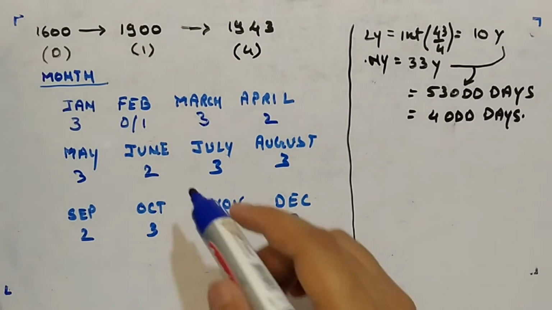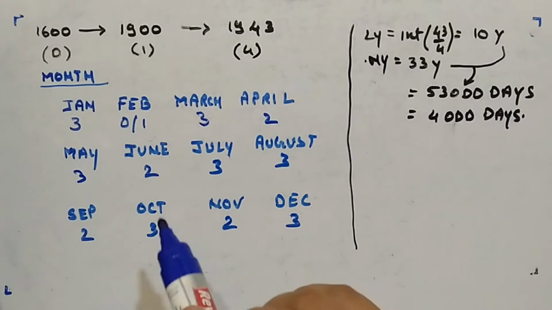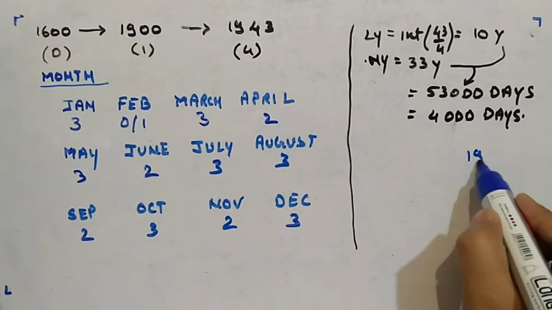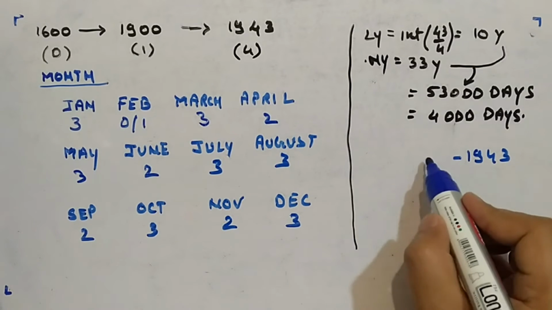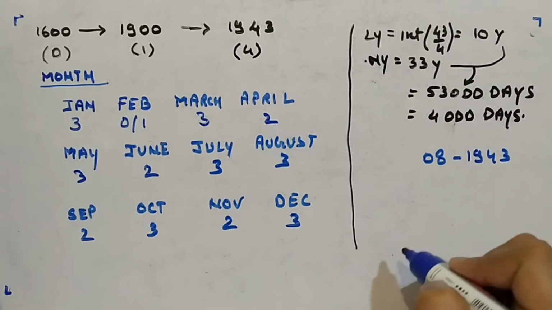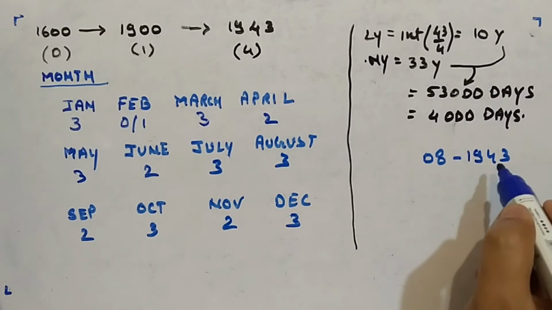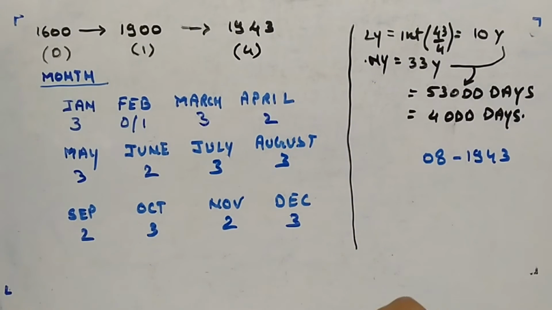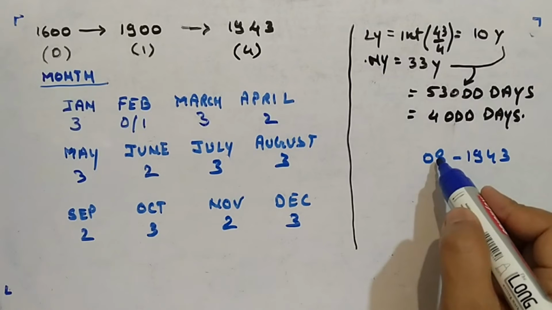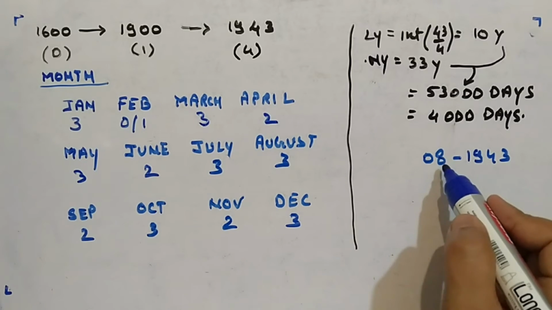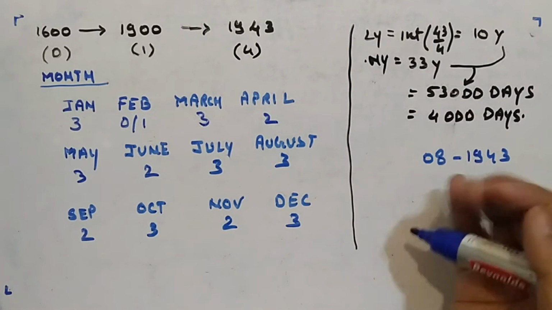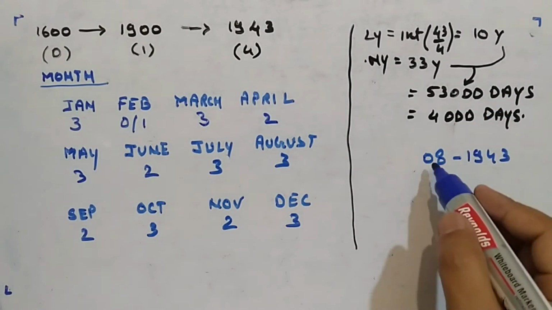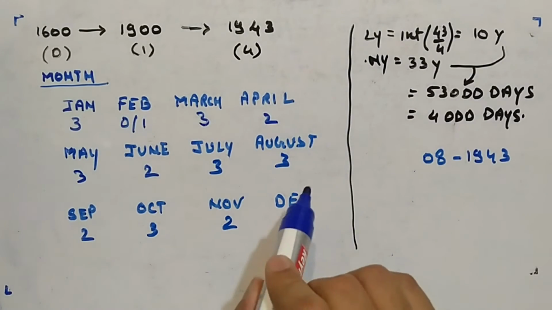You have to count all the odd days in a month. Let's say we are given 1943. Along with that, it is given that the month is August. Now you know the number of odd days in this year, right? It is a total of 5, but you have to count the number of odd days till August. If it is 8, it means August: January, February, March, April, May, June, July, August. 6, 7, 8. So till August you have to count.